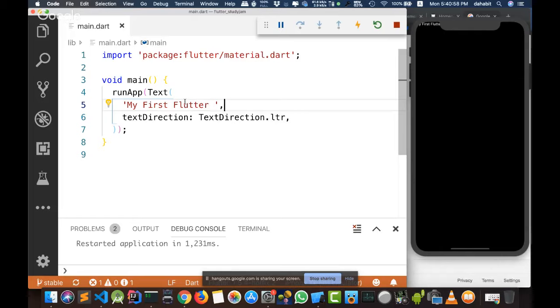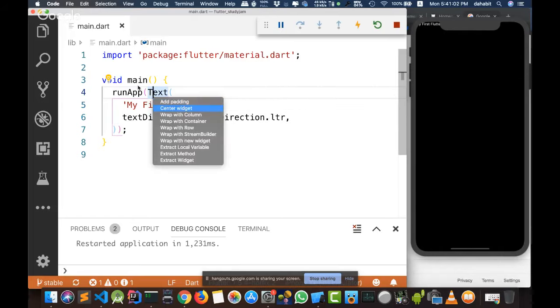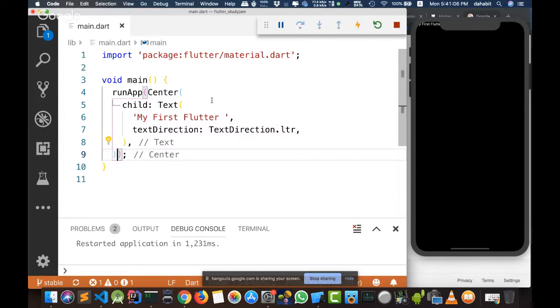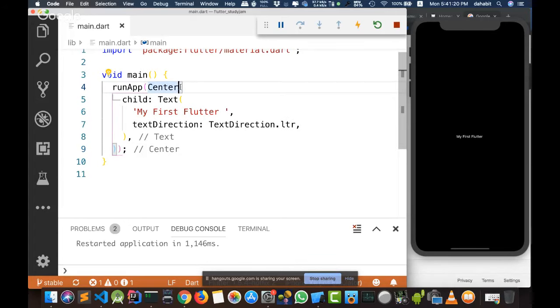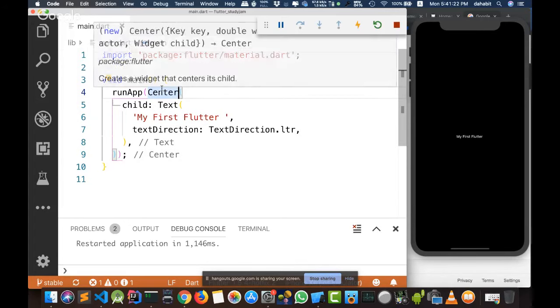For example, if I want to center this widget, I'll press on this icon or Command dot or Control dot and choose center and press save. The changes will not appear on the screen until I make a full restart or hot restart of my application. So I advise you to not write your application this way.